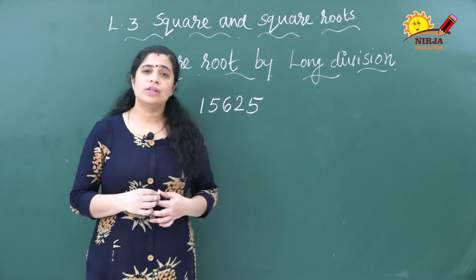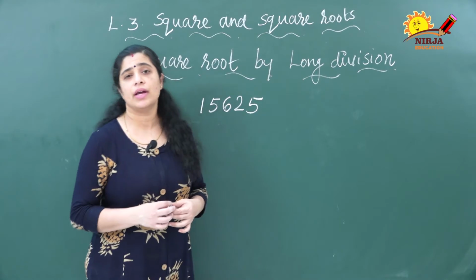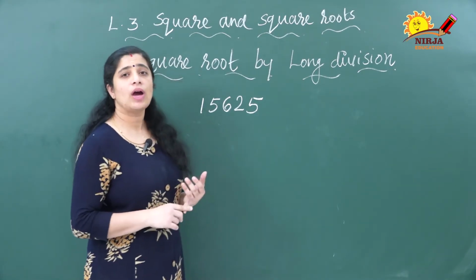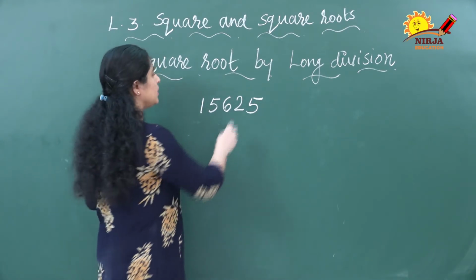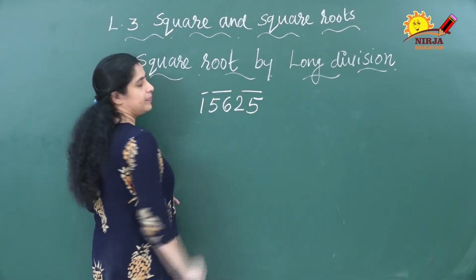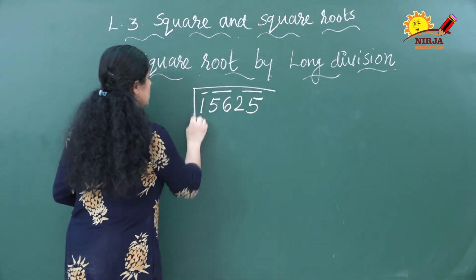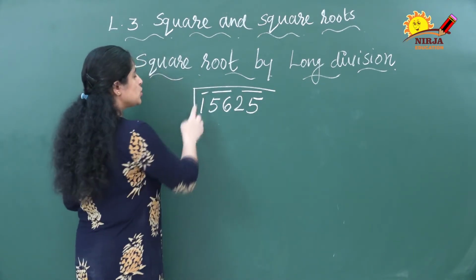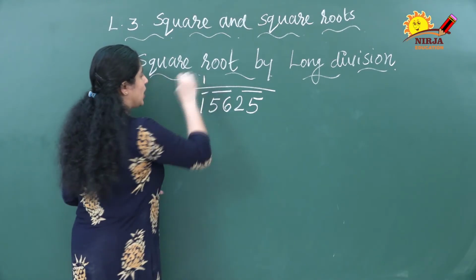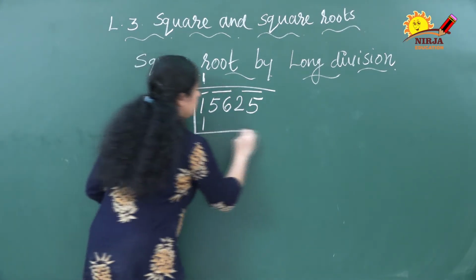Next we are going to find the square root of the number 15,625. So what is the first step? Yes, you have to do the pairing and you have to keep the bar over the pair. So here that should be done from the right side. So that first step is over. Then this one, first number only you have to consider. So it is a perfect square, that means square of 1 is 1 only. So I am keeping 1 here and here also 1. 1 1s are 1, 0.